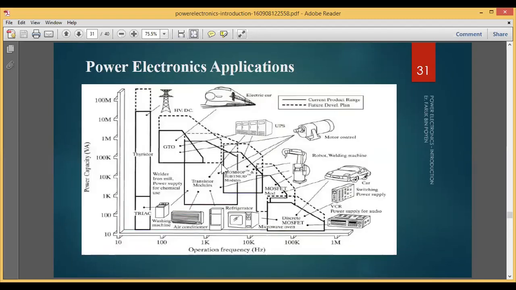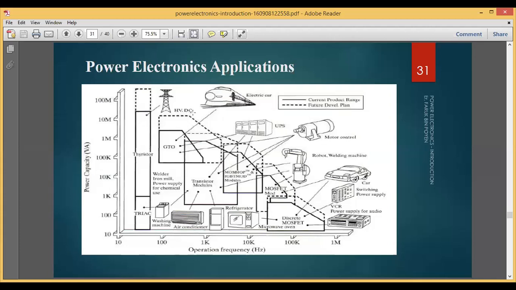Now coming to the applications of power electronics. If you look at this particular diagram here, you may identify some of the devices. The first application of power electronic devices is in electric trains. You may have seen the trains, right? Nowadays, locomotive trains are electric trains. Or you can take the example of the metro, or the electric car. So we may find applications of power electronic devices there.